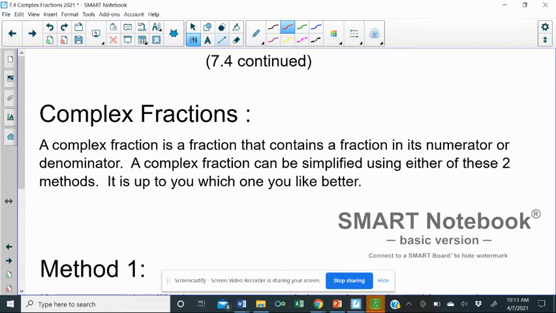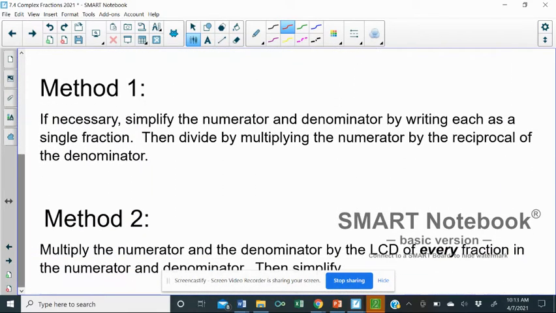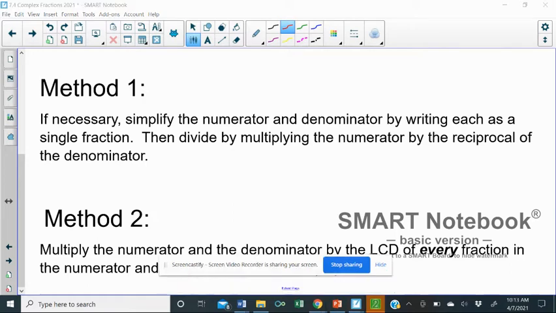You choose. Okay, method 1 is basically deal with the numerator by itself, the denominator by itself, and then multiply by the reciprocal of the denominator. So you're going to simplify the numerator, simplify the denominator. You'll still have a fraction within a fraction. When you divide fractions, you flip it and multiply. Second method